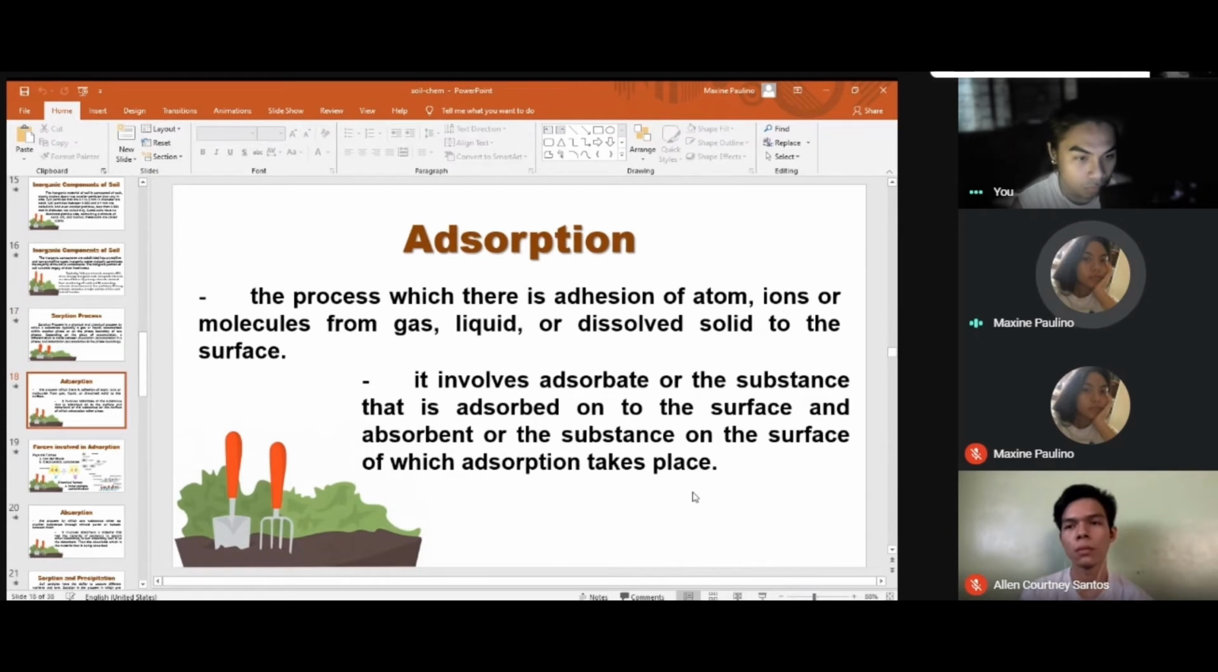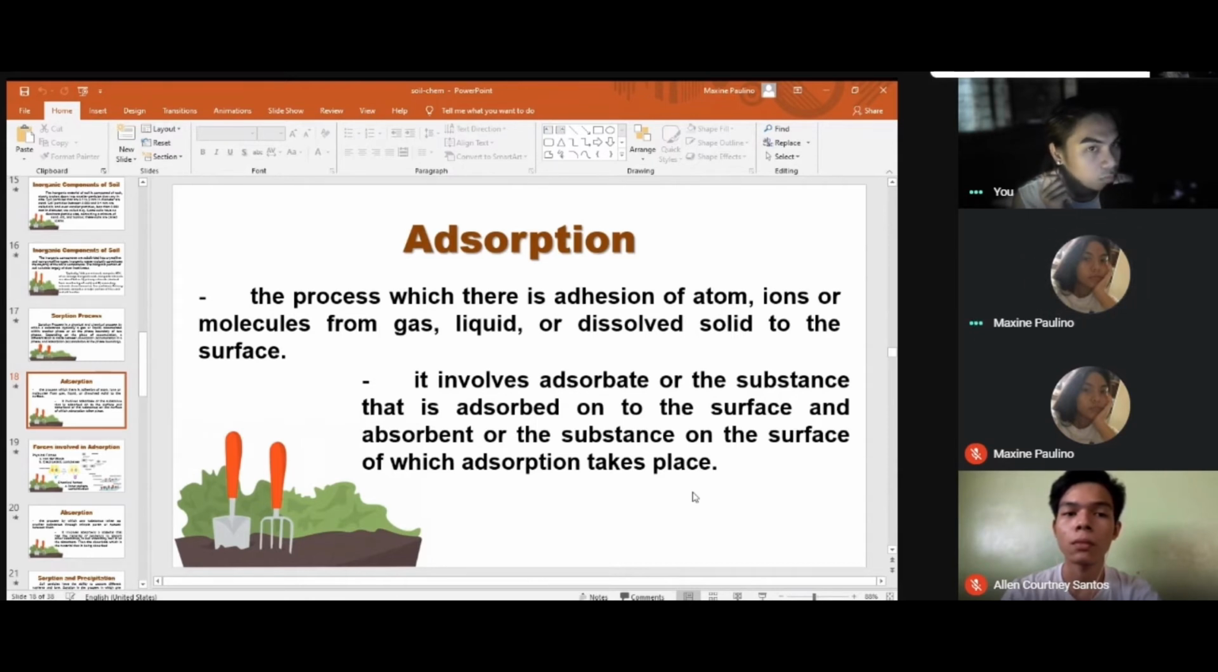Adsorption is the process in which there is addition of atoms, ions, or molecules from gas, liquids, or dissolved solid to the surface. According to the dictionary, absorption is a process or action by which a thing consumes or gets consumed by another, while adsorption holds an extremely thin layer of molecules to the surface, or in other words, sticks to the surface of solid bodies or liquids with which they are in contact